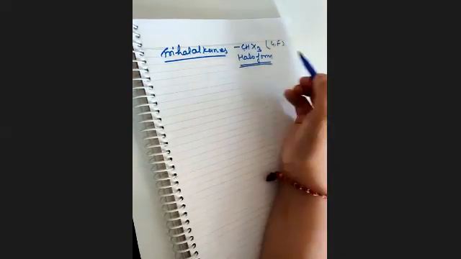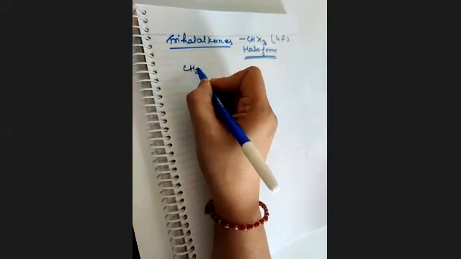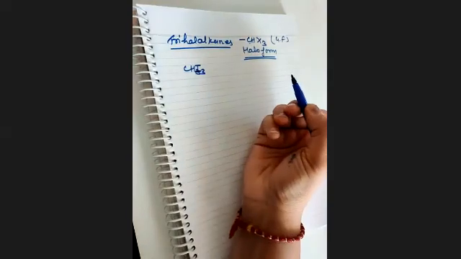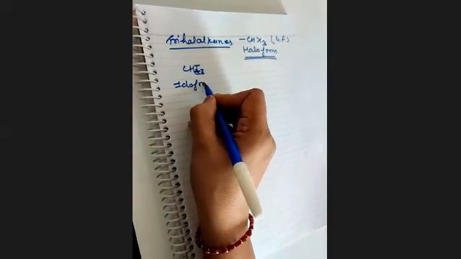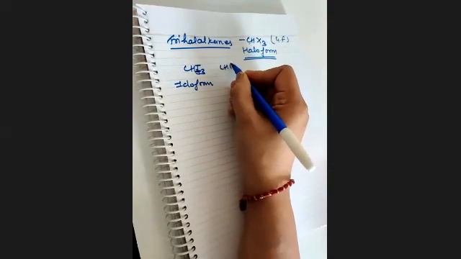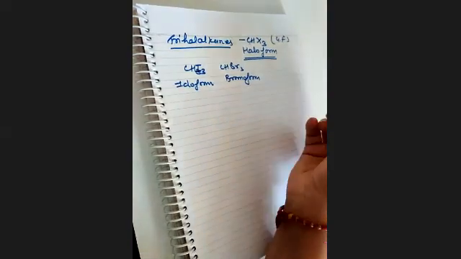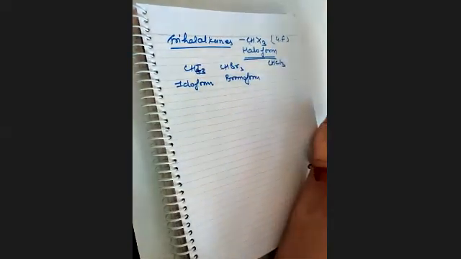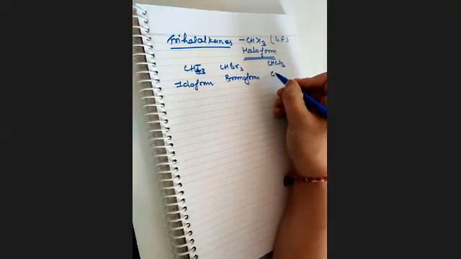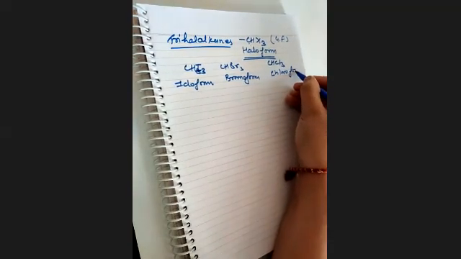And I think you have all heard of one or two compounds of this form. Let me just give you an example. CHI3 is iodoform. CHBr3 is bromoform. And this is the most familiar one, CHCl3, chloroform. Chloroform, I think you are familiar with this word. So this is the haloform family.